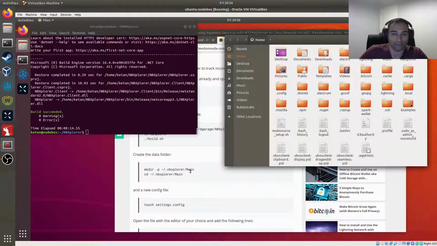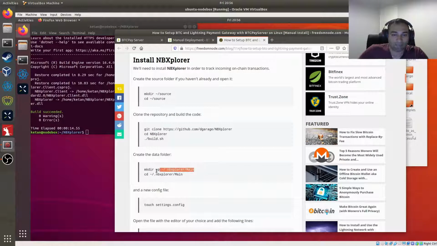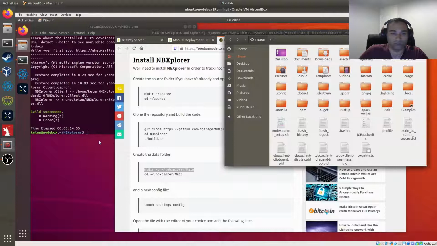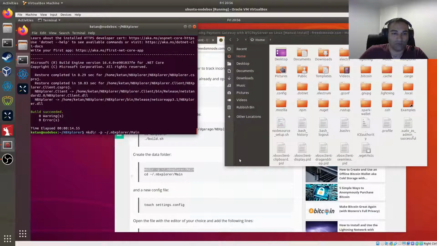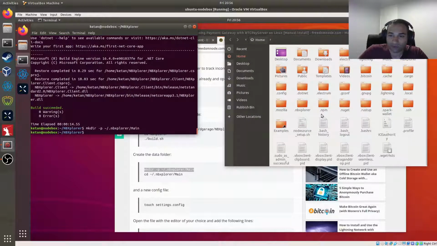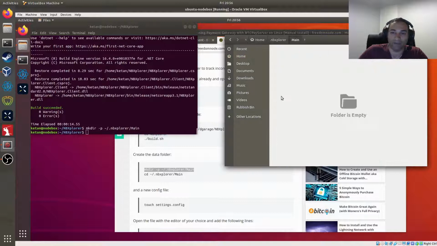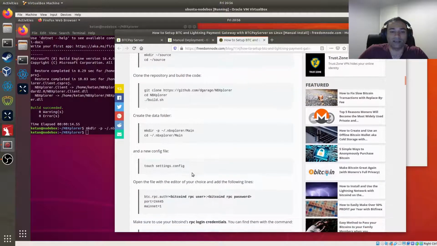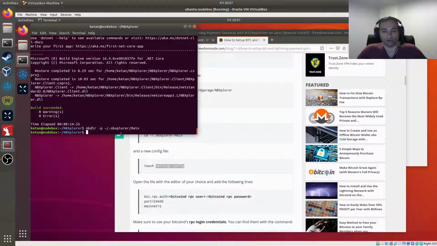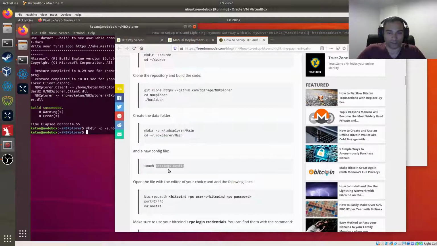Okay, so build succeeded. Excellent. Now we're going to make a directory in our home folder called .NBXplorer. So we'll do that, and in there will also be another folder called main. And then in there we're going to build a file called settings.config. Okay, so we are not going to do exactly what this tutorial is saying, but we'll